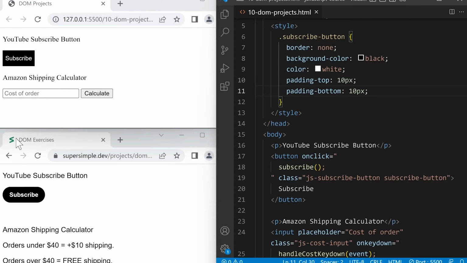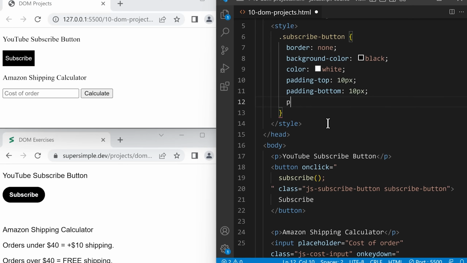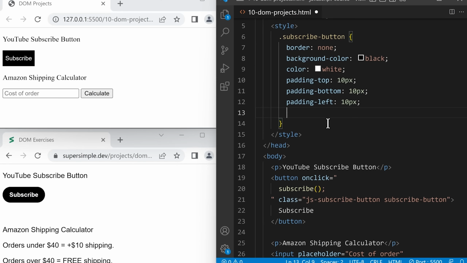Next, let's increase the space on the left and the right. We'll go into our code and add padding-left: 10px; and padding-right: 10px;